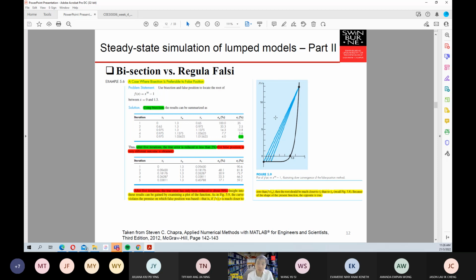Whereas with the bisection in here, the iteration is very slow. So you can see that this is the problem, because with each bisection you move very slowly to the root value, the value of the independent variable that gives you a function value of 0. Okay, so this is because of this situation where the f converges quite slowly to this particular value because of the line in here. Okay.